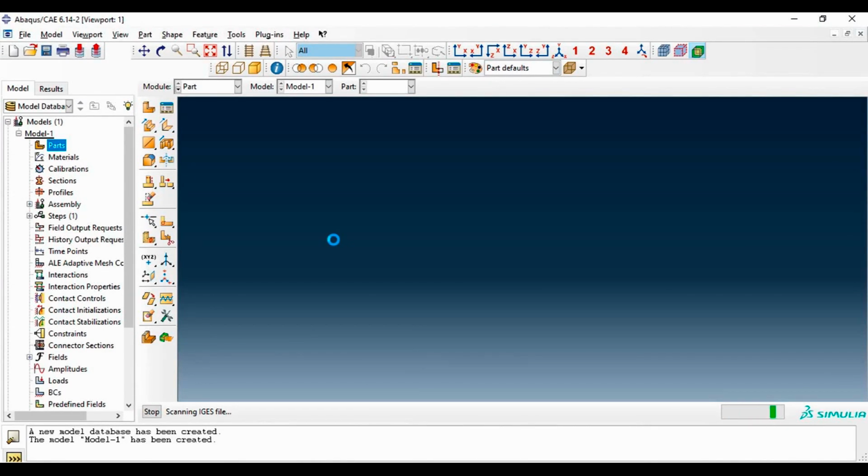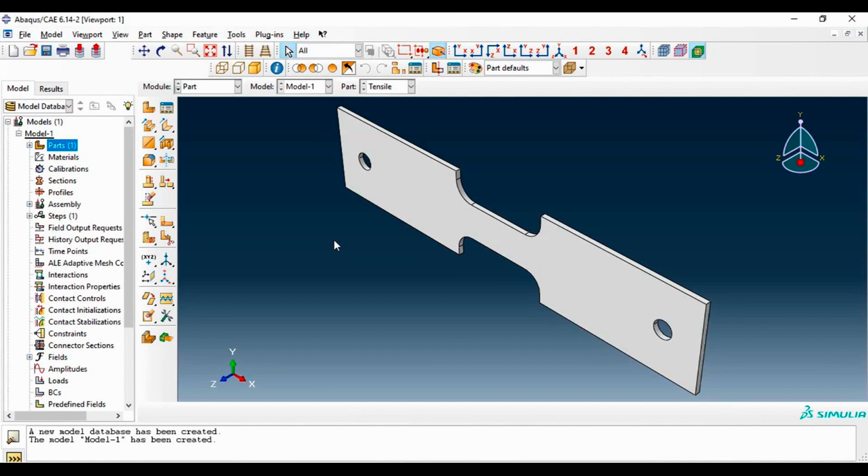Waiting for importing. Oh yeah, this is the whole thing that I already drew. So how can I also make it 1/4 here? This is also very easy. If you also draw it like this, you can also make it 1/4. But how? So let's go to the create cut extrude, and then choosing this